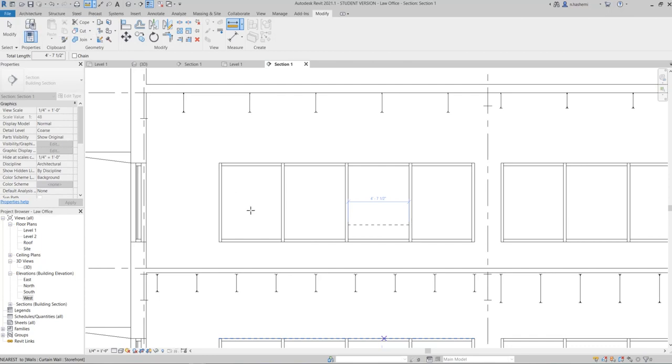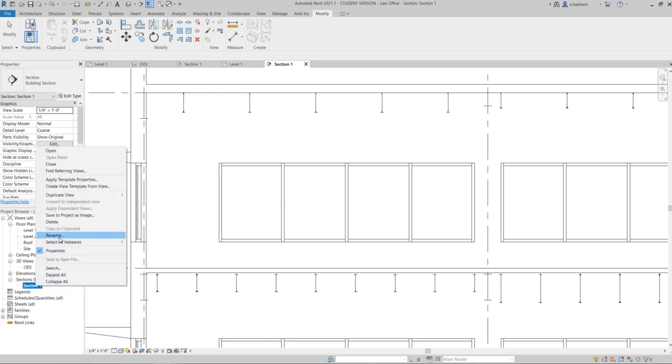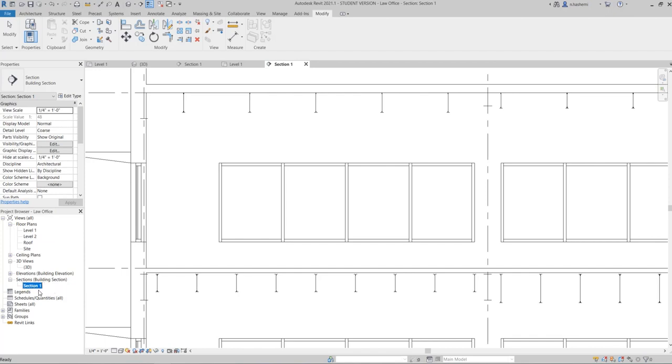Next, we're going to see how we can rename our drawings. Okay, so for that, you can come to the project browser and whatever drawing, for example, I want to rename the section. Just double click on it so it is selected. Just right click on it and then rename, okay? You have another option too. You just need to click once on it, and as you can see, you just need to type in, for example, my initials, and then section 1. And now you can see the new name here, here, and also at the top.